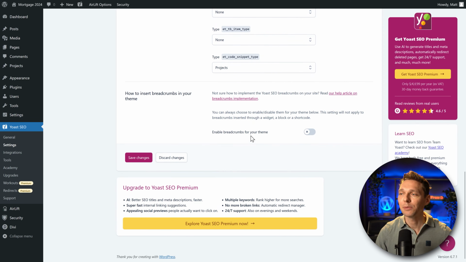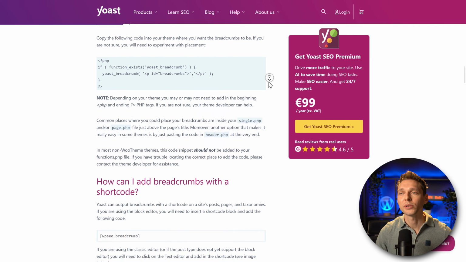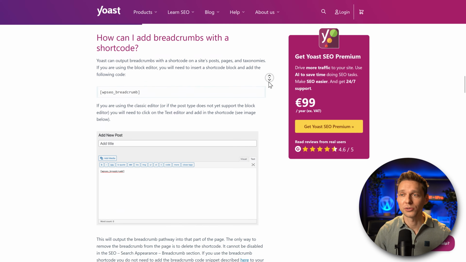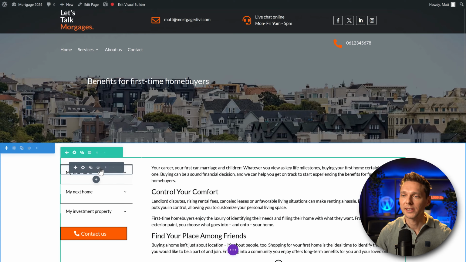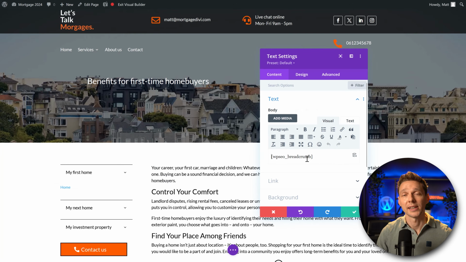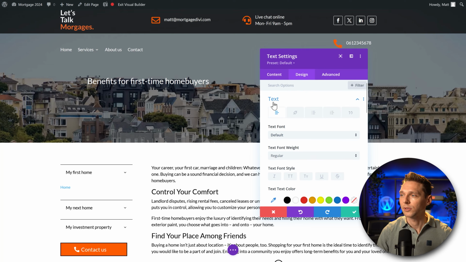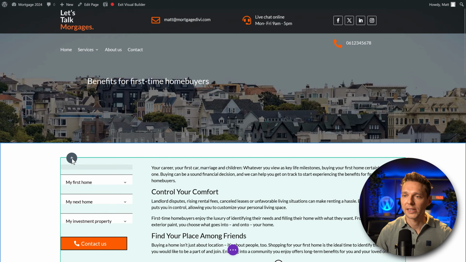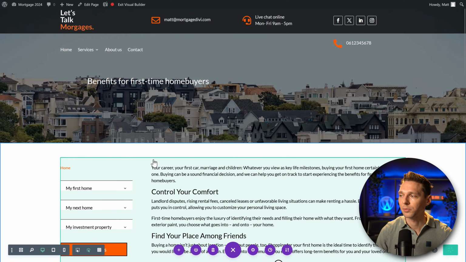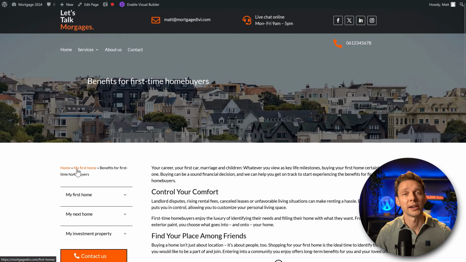And the last option here is enable breadcrumbs for your theme. Now, this will not impact the use of widgets, blocks, or shortcodes. We can do this by copying a code inside of our theme, but we can also add shortcodes to our website, which might be a little bit easier. Just copy this one, go somewhere on your website, and add in a new module. There we go. Add in the shortcode over there. We go to design. We're going to change it a little bit to make it our global orange color. Beautiful. Then we're just going to drag and drop it somewhere like here. Now, when I save this page, I can easily navigate throughout my website. Of course, you need to style this and change this, put it somewhere else, but now you know how to add in the breadcrumb of Yoast.